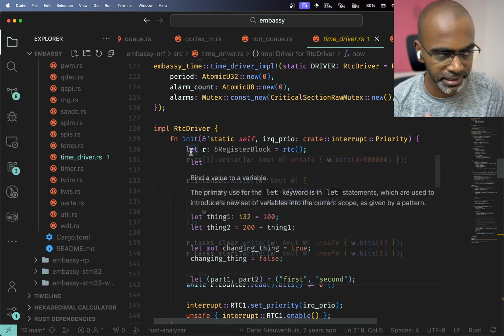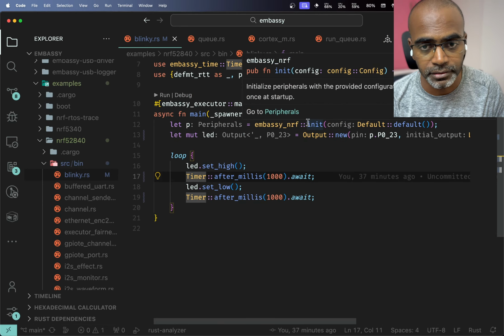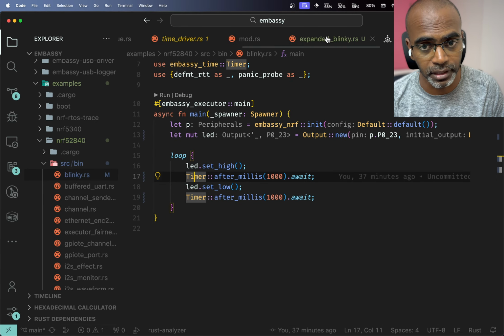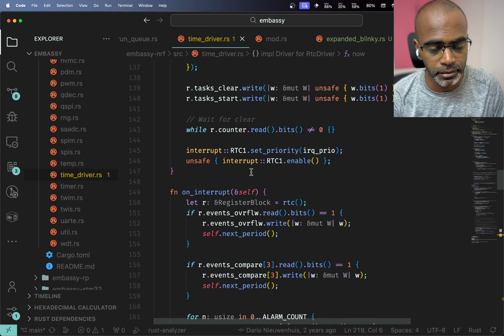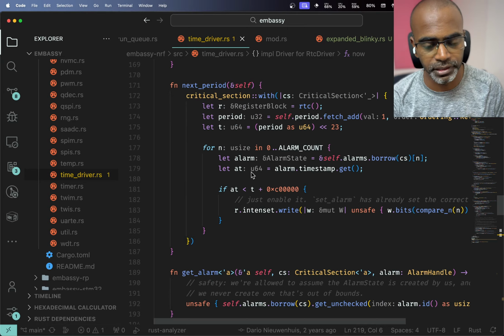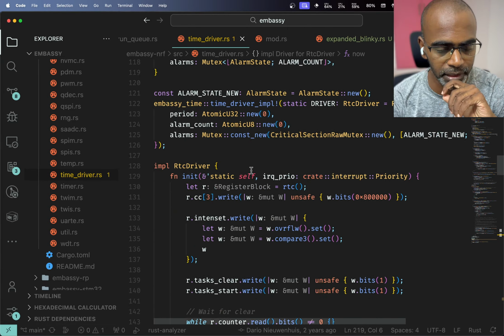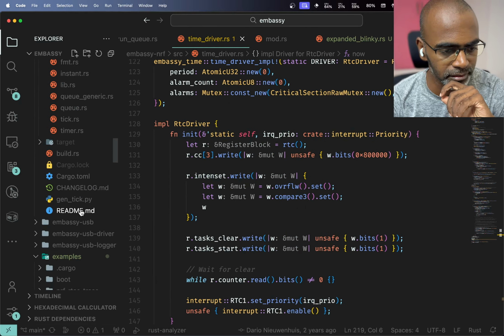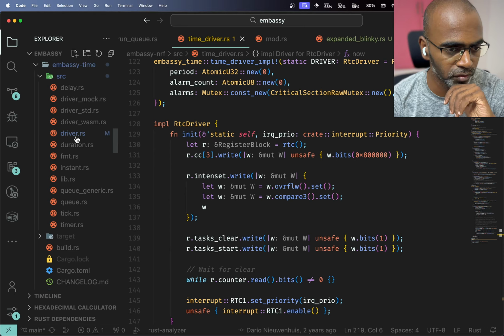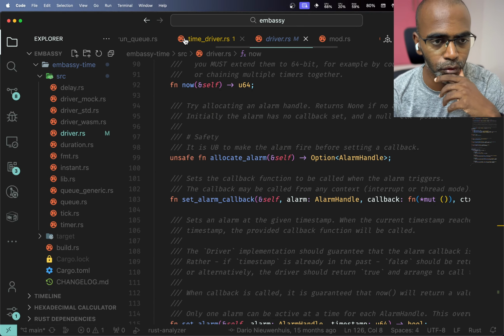You initialize this. As I said, the initialization already happens in the init phase. So that's already done. You don't have to do it for yourself right now. And then the interesting thing over here is we get the time from here. The way we get the time is, if we look at the abstraction that's being provided over here, we see that there's a now. That now is actually what's called, if you noticed in